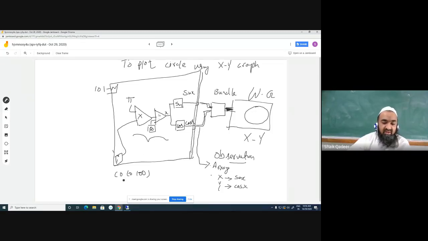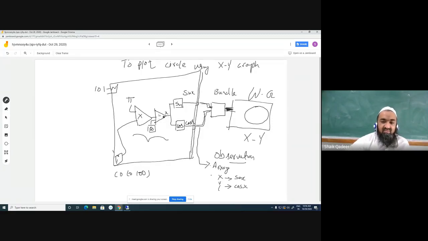So starting, it becomes 0 into pi, second 1 into pi, and so on up to the last, 100 into pi. After that, this value is divided by 50 to get a fraction of that quantity that we are calling x. The sine function is calculating sine of this x. Cos function is calculating cos of this x.